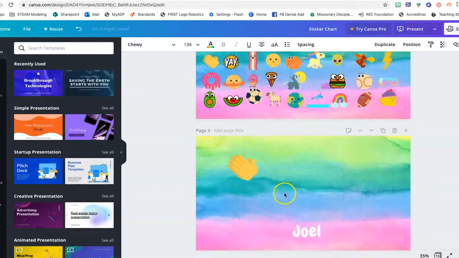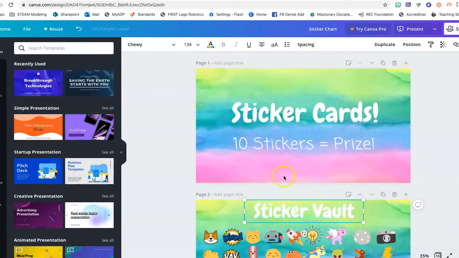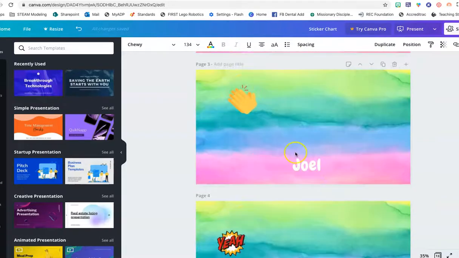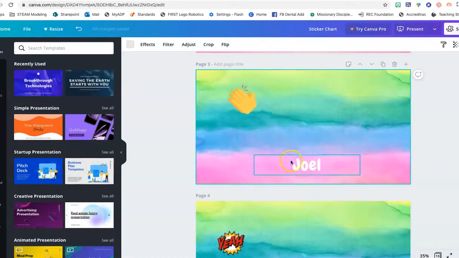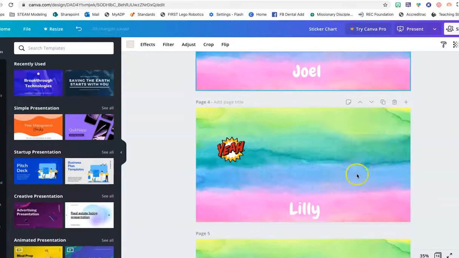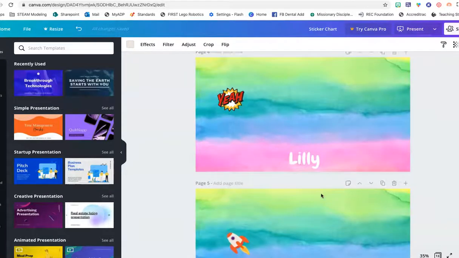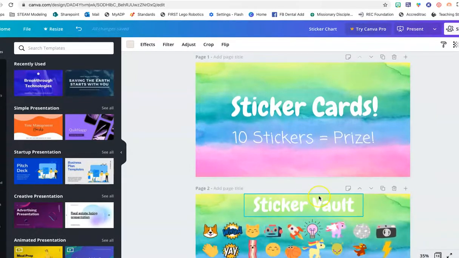So again, I said 10 stickers equals a prize, but you can change that. And then I just went through and I made my initial student. I added the name and then I just copied each page and went through and changed the names. So once you have your students set up, and once you have this whole thing set up,